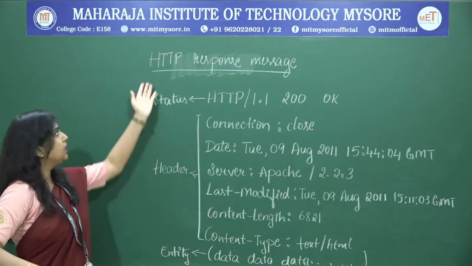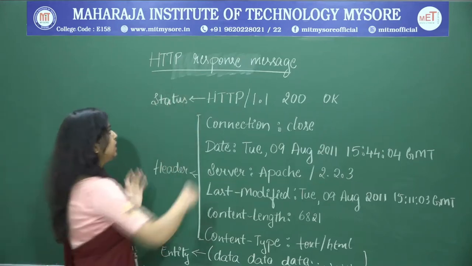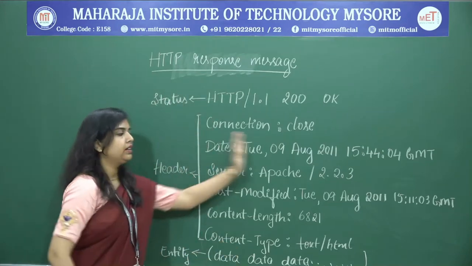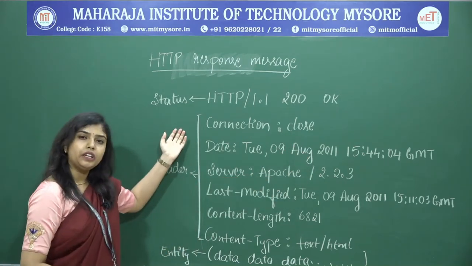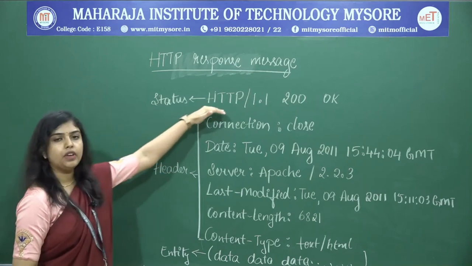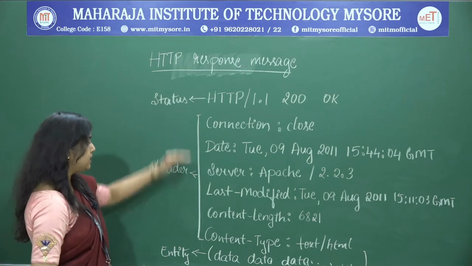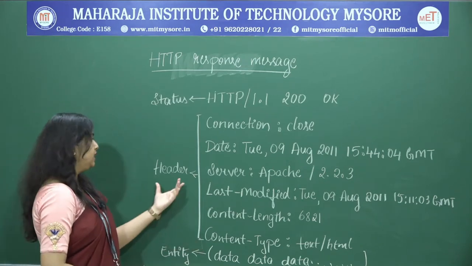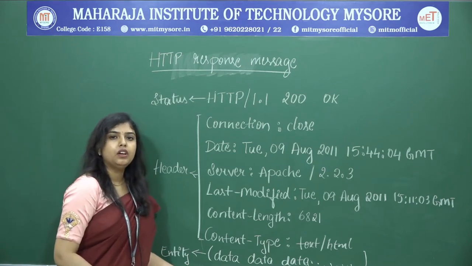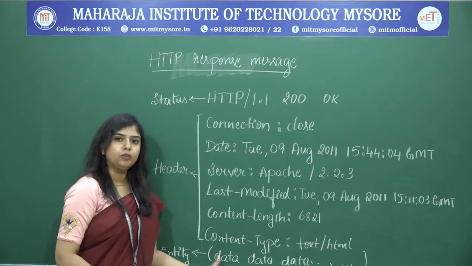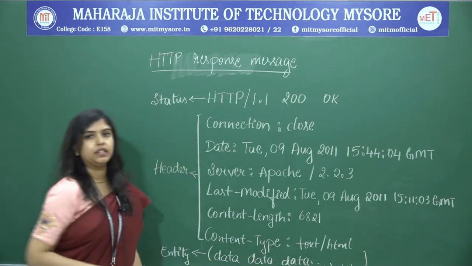So, this is how the HTTP response message format will look like. This is the typical response message. Here it is divided into 3 parts. The very first line we call it as a status line. The remaining 6 lines are called header lines, and the last part is the entity part. This is where the response message or the response object is going to reside. This is where all the data will be sitting.